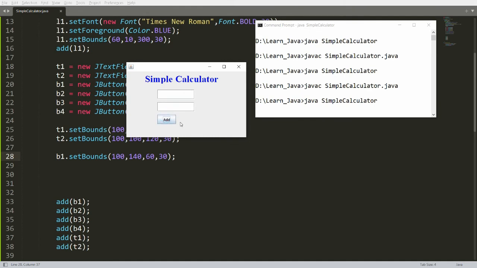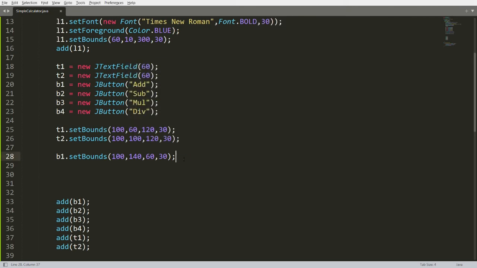Now exactly over here, on the same y axis, I want another button. I need to change the x. My y will remain the same. So here you can copy this and say b2.setBounds. Now I need to change x. So I'm writing here b2, that is button number 2, dot setBounds, 160.